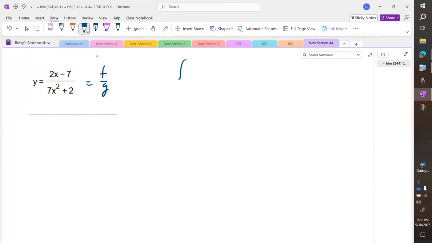f over g. f, the numerator, is 2x minus 7. g, the denominator, is 7x squared plus 2. f prime is 2. g prime is 14x. The derivative of the constant is 0. Okay, then